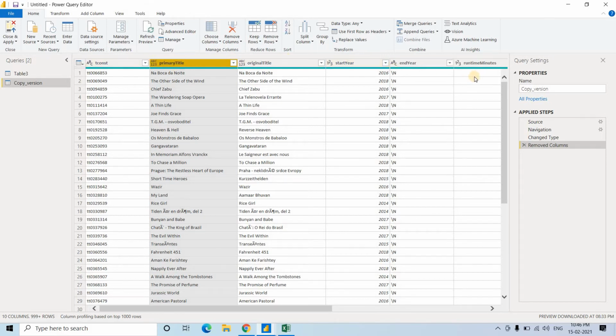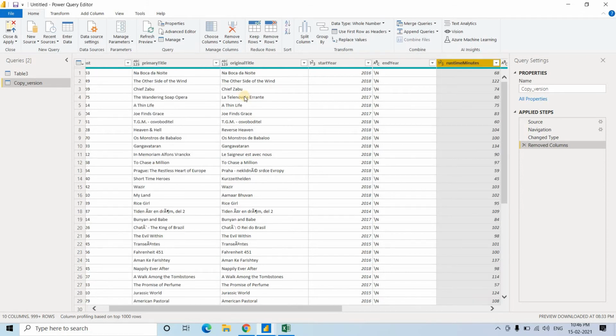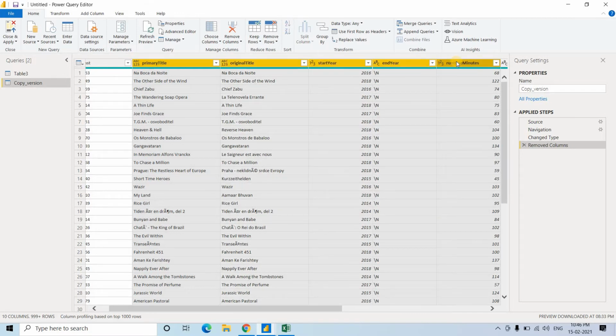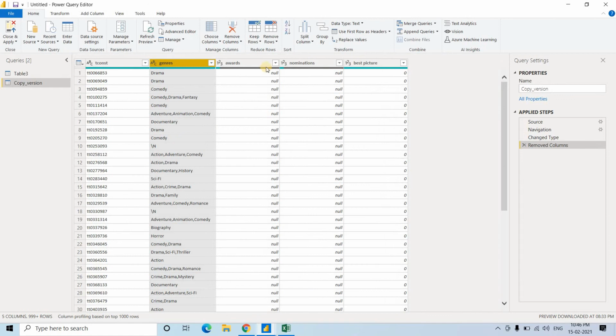Suppose I am selecting up to this runtime minutes: first select this particular column, then click on shift and then runtime minutes. See, when you click two columns while keeping shift pressed, all the columns in between will also be selected, and simply we can click on remove columns. See, it is deleted.